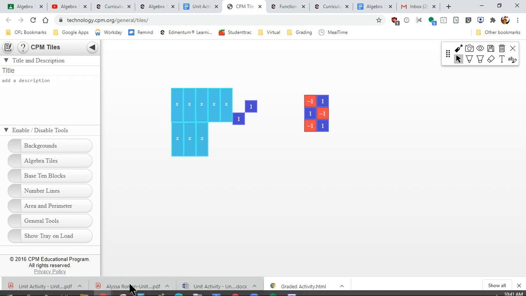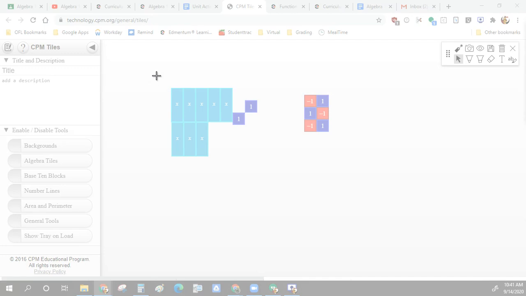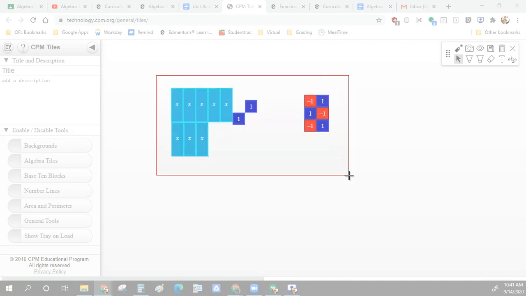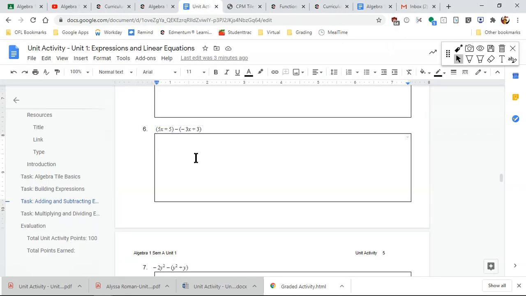Well, I'm just going to take my screenshot. You guys take your screenshot however you like. Camera, phone, screenshot it however you'd like. So I'm going to take this screenshot. And when I place it over here,